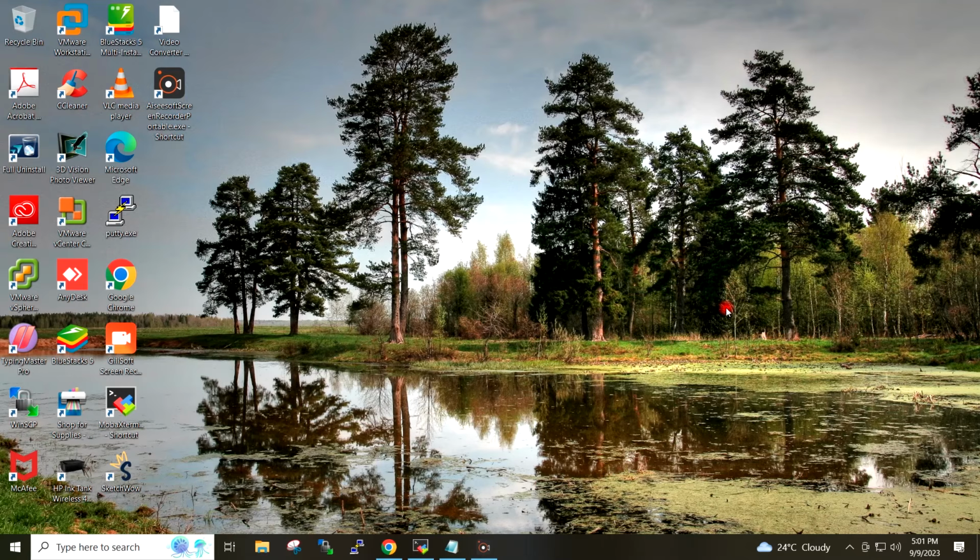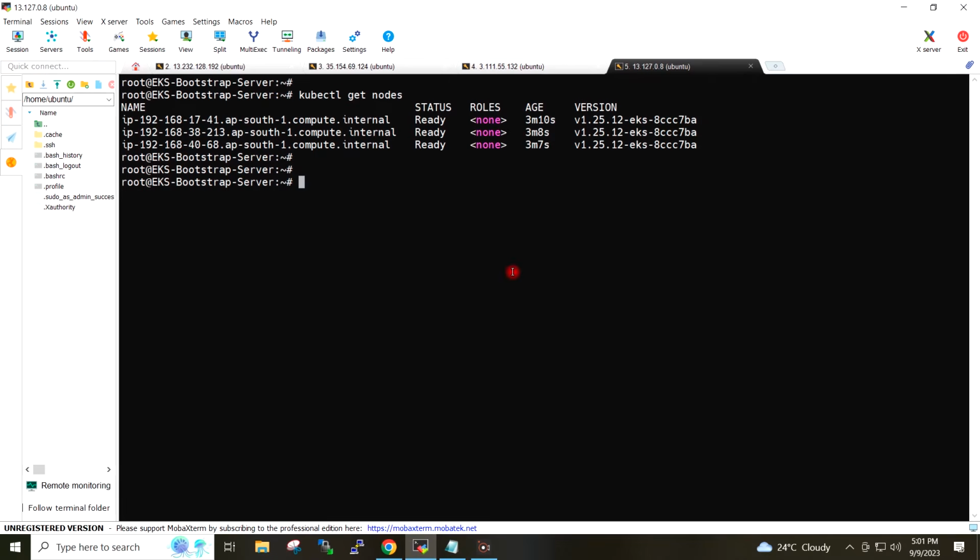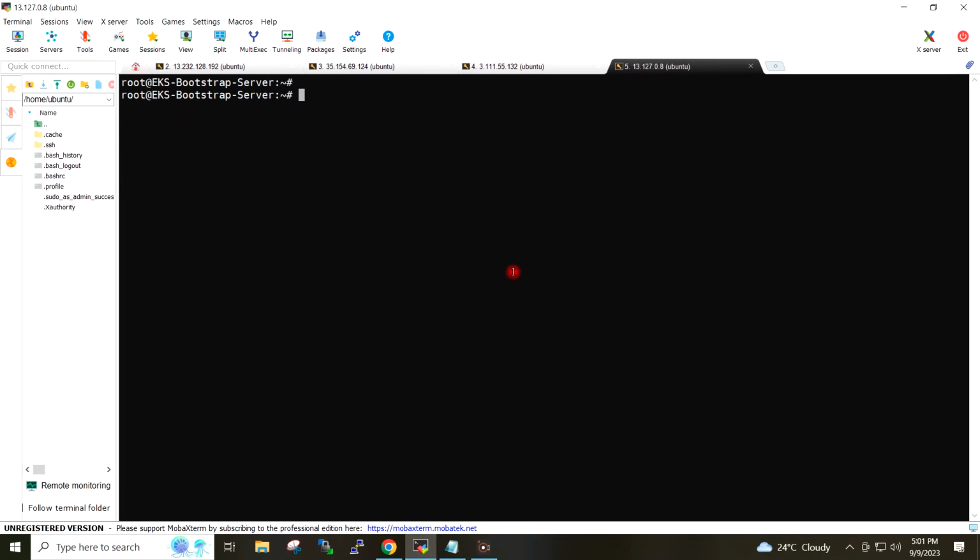Next task is Argo CD installation and configuration. So first of all, on the Bootstrap server, I will create the namespace for the Argo CD with this command: kubectl create namespace argocd.